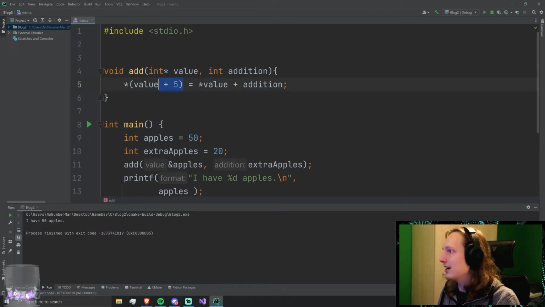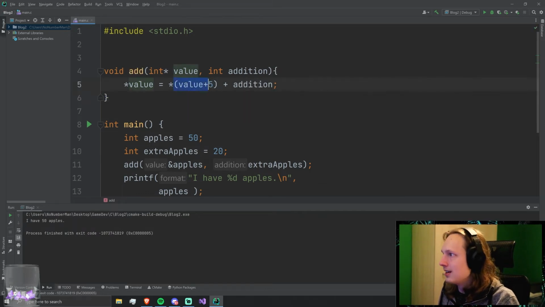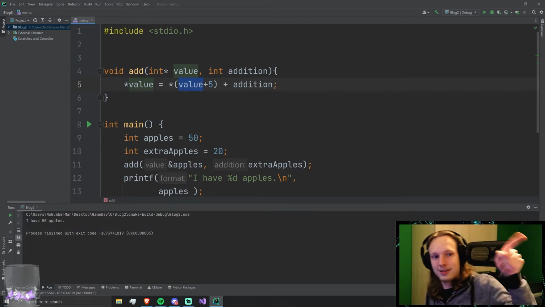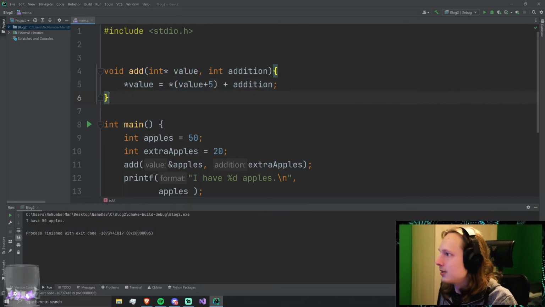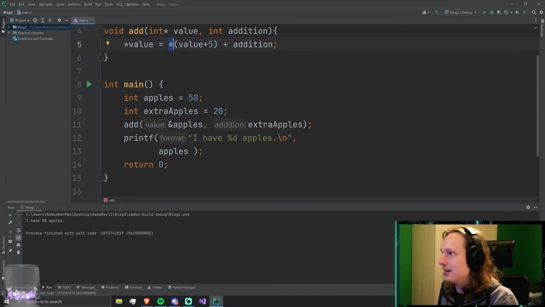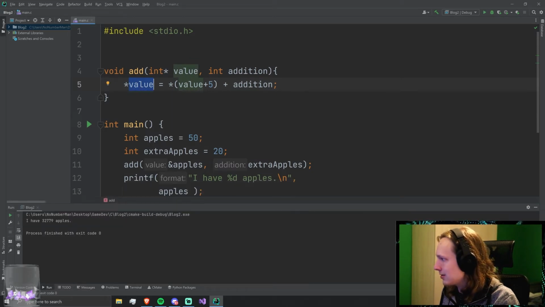Oh, wait, I'm storing our value here. So what I might want to do to get some real crazy results is to read in whatever is at an address, but 5 spaces further along in memory, like all the way back there. We don't know what that is. We dereference it, so we get the value at that address, and then we add that to value. So what we're going to get now is 32,779 apples. It's like magic.